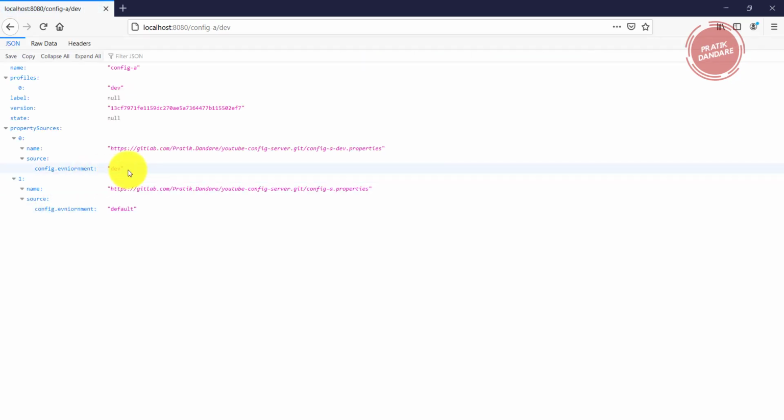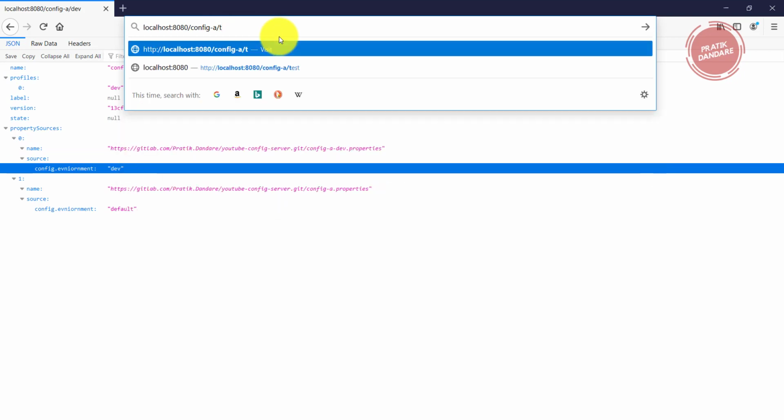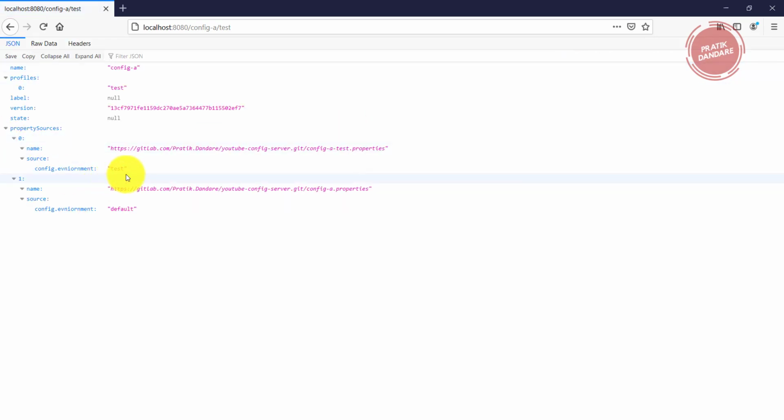If you hit dev, you see that the config.environment property has the dev value here. And if I hit with another parameter called test, we have config.environment as test here.